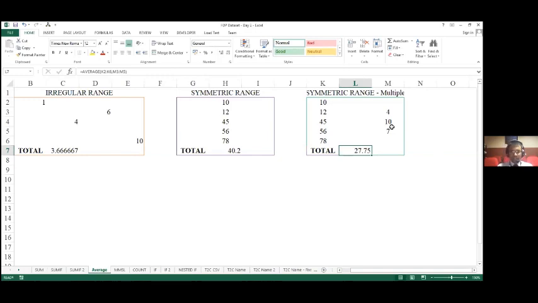Okay. I went a little fast with average functionalities because this is very similar to what we had already discussed in the sum formula. So I'm pretty sure by now all of you are comfortable how to handle irregular, symmetrical, as well as multiple series. So that was the reason why I went a little fast.